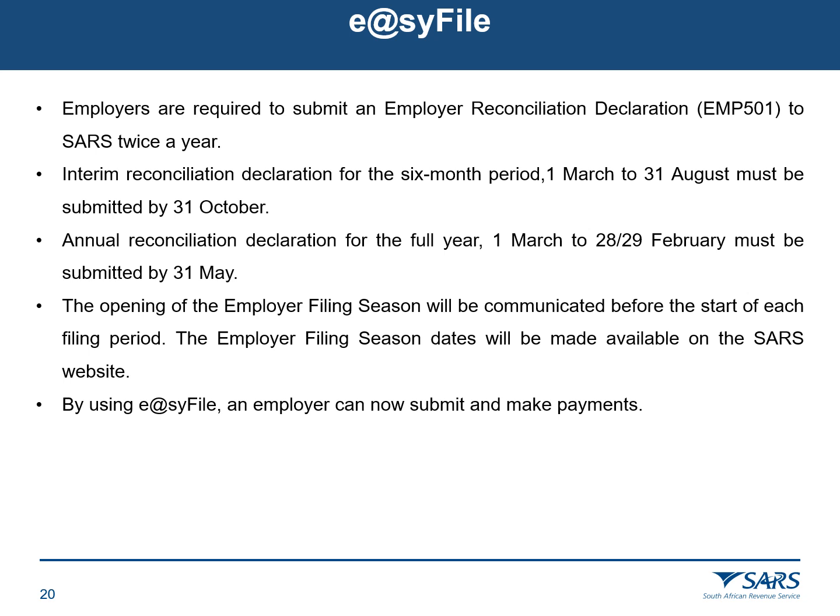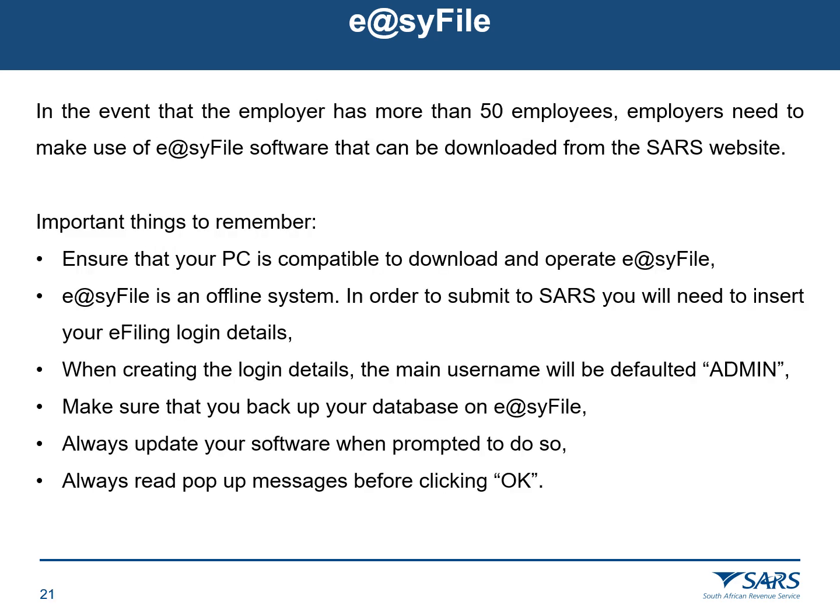The annual reconciliation, for the full year from March till February, must be submitted by the 31st of May. The opening of the employer filing season will be communicated before the start of each filing period. The employer filing season dates will be made available on the SARS website. By using eFile, an employer can now submit and make payments to SARS. In the event that the employer has more than 50 employees, employers need to make use of the eFile software